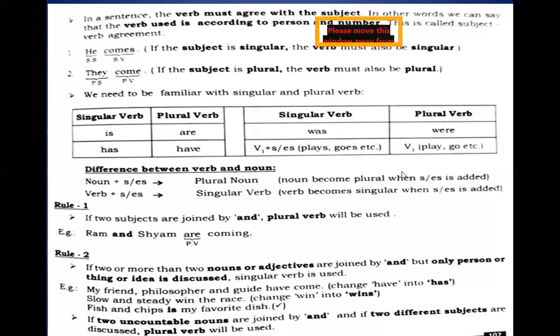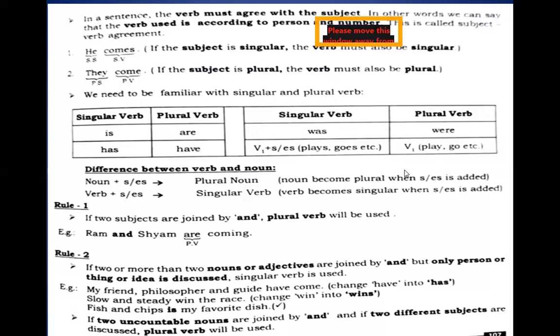Let's see the rules basically. Some rules are quite easy and familiar to all of you. But see what happens. We need to be very careful that we don't make mistakes while analyzing or choosing the subject of the sentence. When we become able to analyze or choose the subject of the sentence, then we'll be able to apply the accurate form of the verb, and that makes sense that you'll be able to get the marks. You won't lose the marks there. You'll be quite good at increasing the marks.